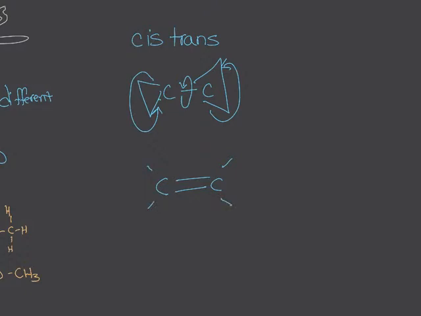Let's take a look at fats. Those are the classic example of why you need to know about a cis-trans isomer. In fats, you just have these long chains of carbon, and sometimes you get a kink in them in the form of this double bond right here. So this right here makes an unsaturated fatty acid, and you can have the fatty acid chain go in the same direction like this with a couple of hydrogens. That would be a